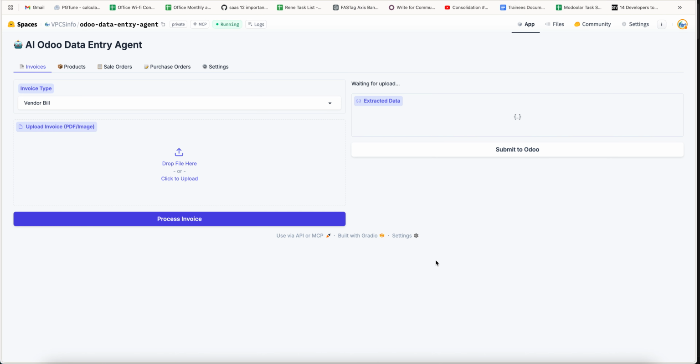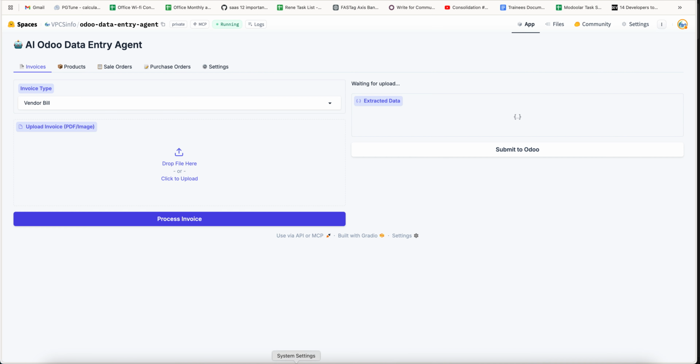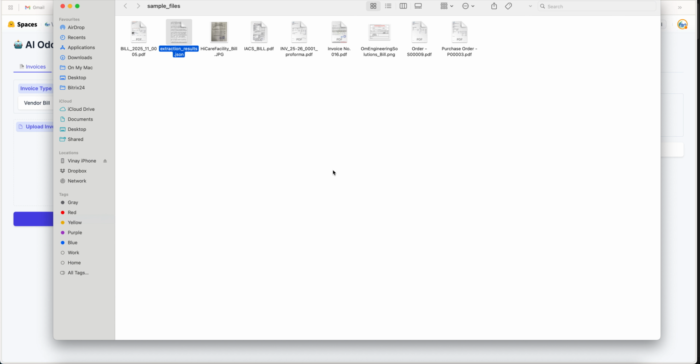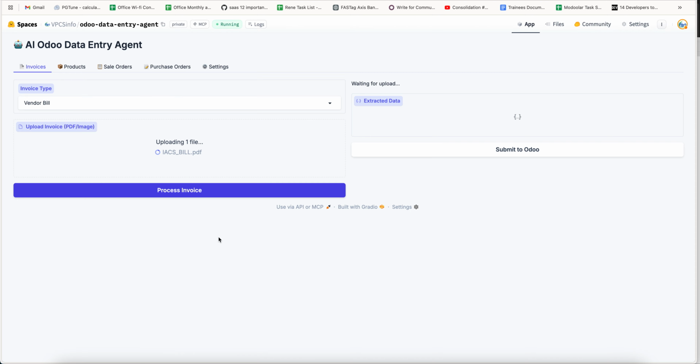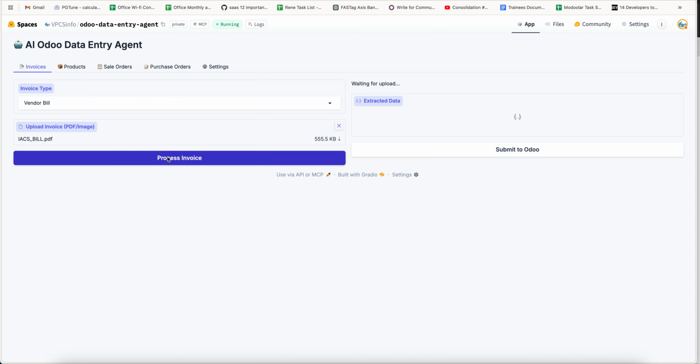This app supports that part, where you can easily drag and drop and generate the bill. I can show you now also. Let's say inside my folder, if I want to create any bill, let's say I'm creating a bill of this. I just drag and drop over here and click this button, and you will see the Gradio platform